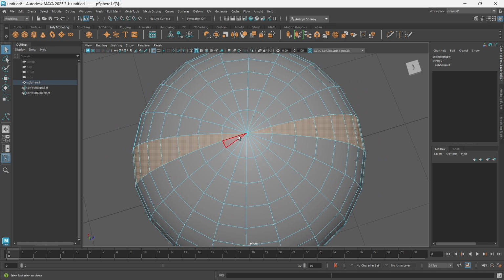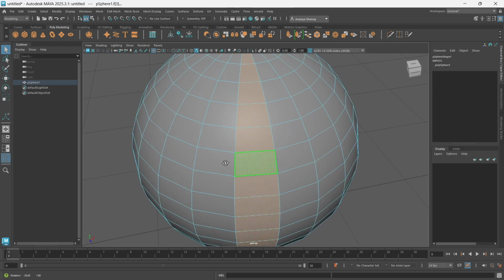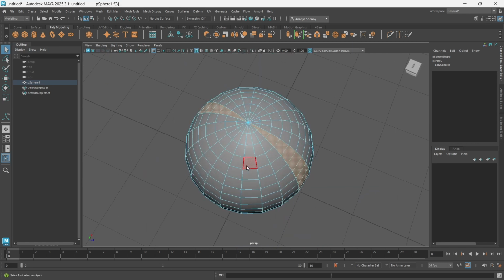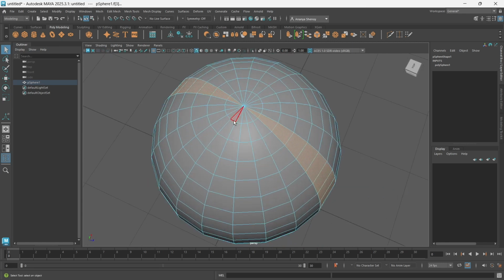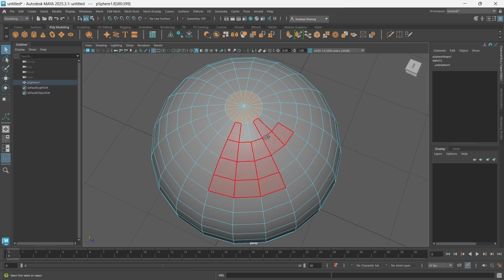So keep in mind that triangles are sometimes a little more challenging to select when you're just trying to do this double click thing. But here's a way that you can select triangles easily. Click on tab on your keyboard. And if you click on tab, you get this little circle icon right here, and you can left click, drag, and select all of this. You can also do this in other areas, and this circle will select all of this. And if you're hovering this over something that's already selected, it's just going to remove that from the selection.